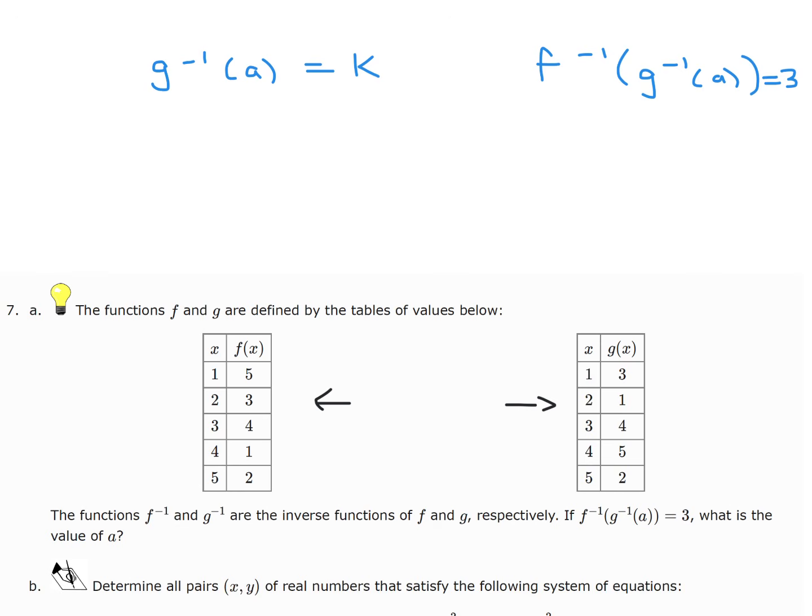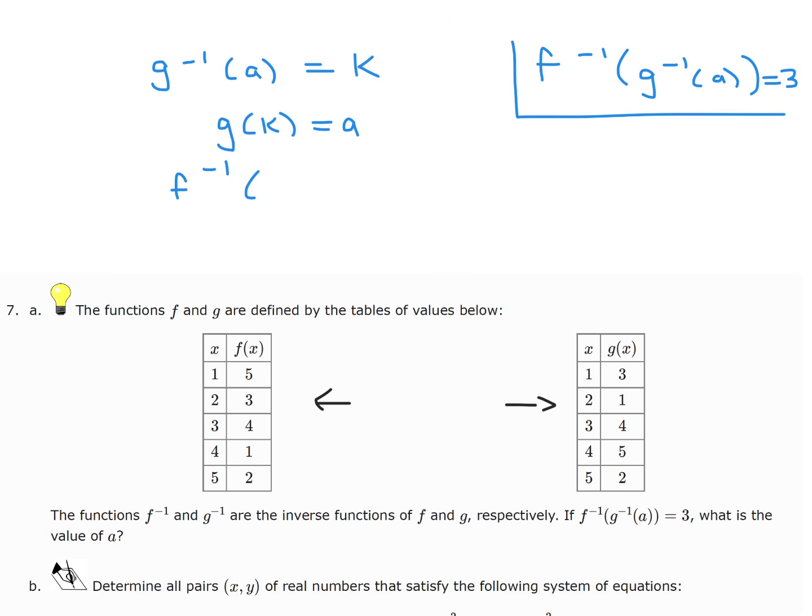So that means that if we were to switch this, g at k is a. That's basically the definition of an inverse function. If g at minus 1, or g inverse of a, is k, then g at k is a. Okay? And very, very similarly, if you have f at minus 1 of something,